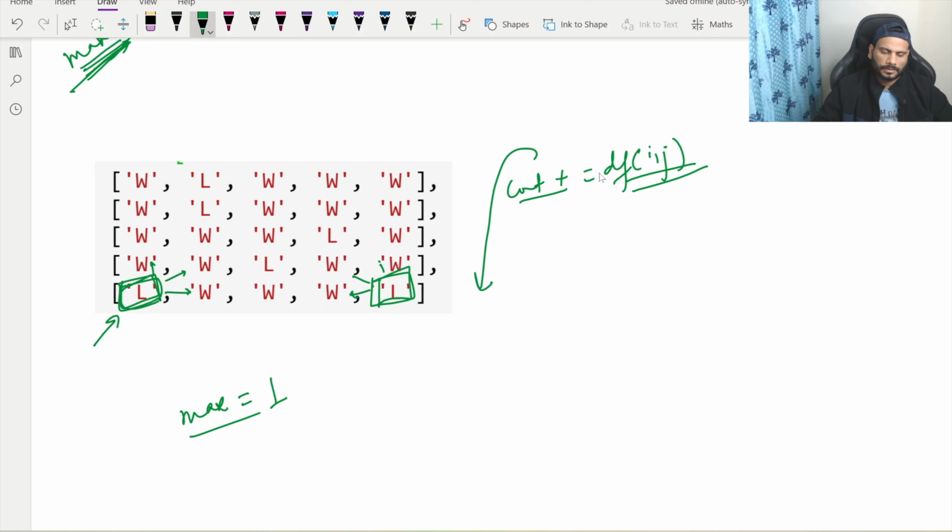It will be written the 1. Max will be again 1. Now, for these two things we are done. We are here. For this unit,